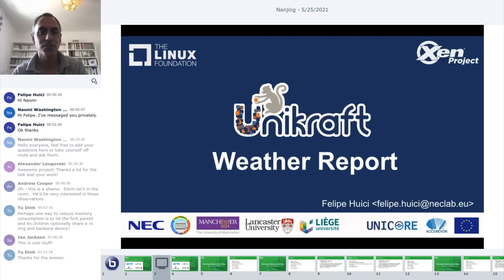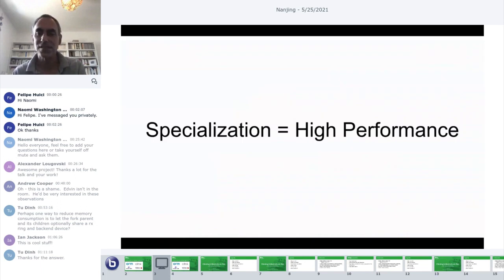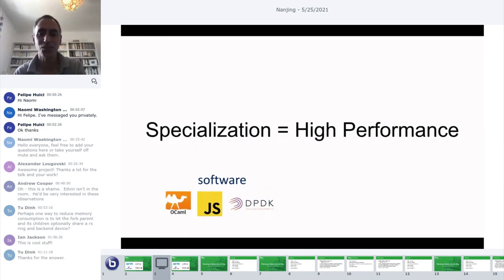So I'm here to tell you a little bit about Unikraft and its status. Unikraft is a Xen Incubator project, and the main focus of Unikraft is to make it so that you can build unikernels, these specialized virtual machines, as easily and transparently as possible, so you can run the workload you want on the hypervisor, Xen for instance, and do so much more efficiently than you would with, let's say, a Linux-based virtual machine. So let's get started.